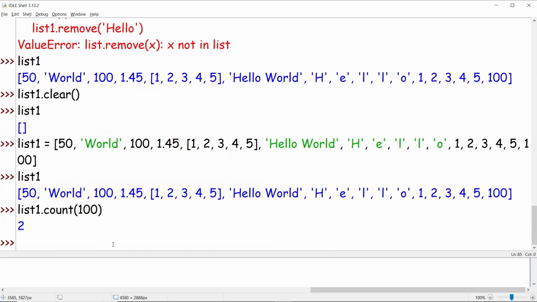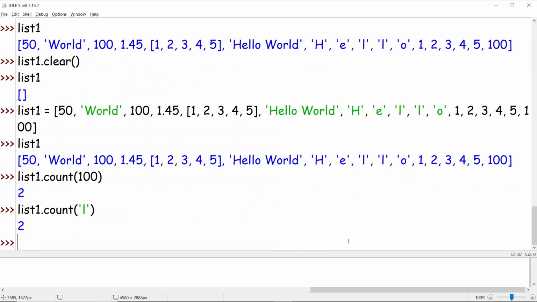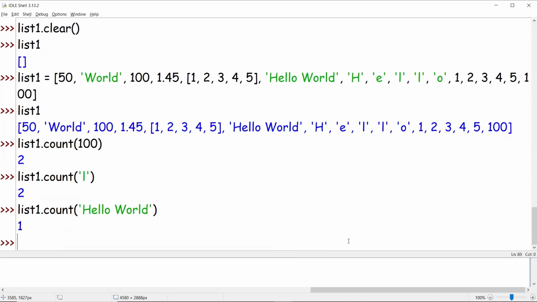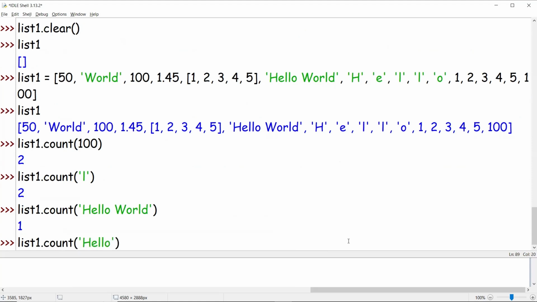So if I want to find the count of the character L, let's check that. So list1 dot count of the character L. Yes, count is 2. Similarly, if I want to find list1 dot count of hello world, so we want the value to be 1. Similarly, if I want to check list1 dot count of hello, we don't have hello present, so the count